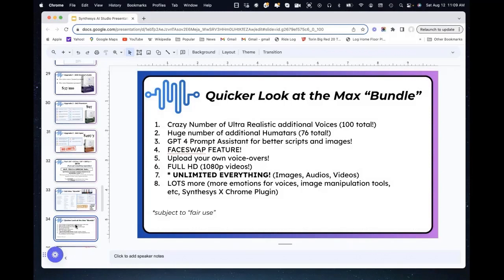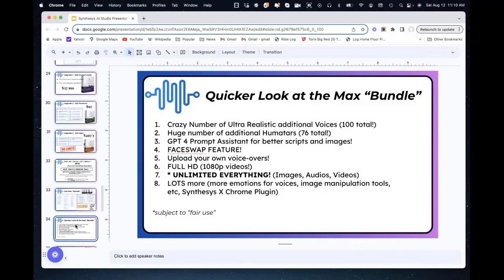You get GPT-4, the prompt assistant for better scripts and images. That is how I created that image at the end there. That's how you could write any script you want for your text-to-speech or for your humitars. We have that FaceSwap feature included that is going to make your humitars look just about any way you want. You could upload your own voiceovers like you saw me do in the demo, full HD, so you could make these videos really large, unlimited everything.